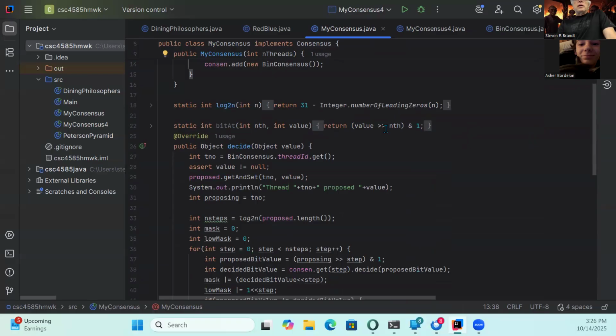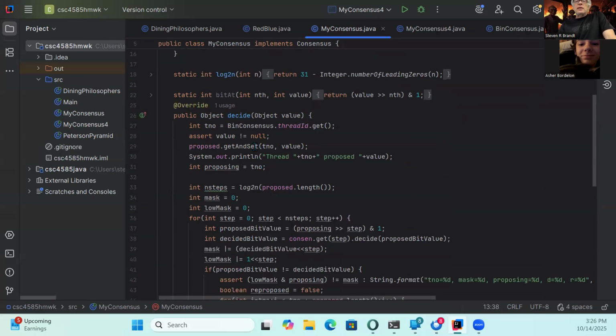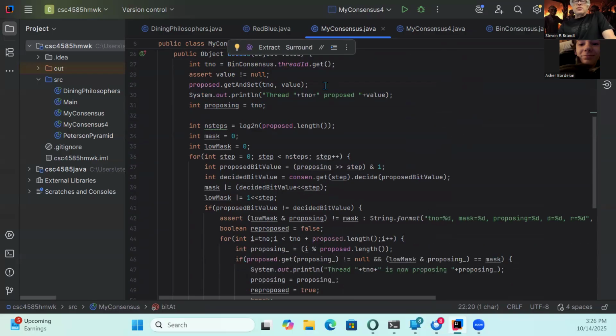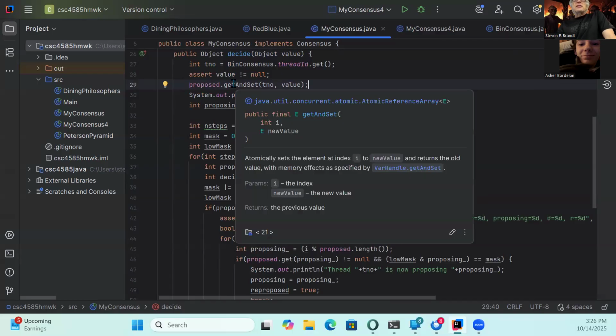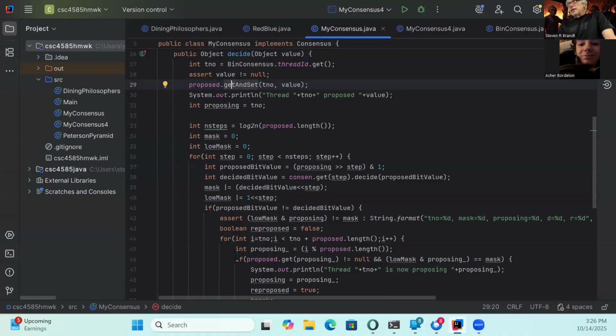And so there's a log2n method here that, if you're tricky, is 31 minus Integer.numberOfLeadingZeros. That'll give you the log to the base 2. And this is bitAt, so that's going to shift you n bits and then ampersand with 1. What I'm going to do this time is the same basic logic. I don't need to use get and set here. There was a time when I was flailing around trying to make things work, and I think I could just change that to a set. Anyway,